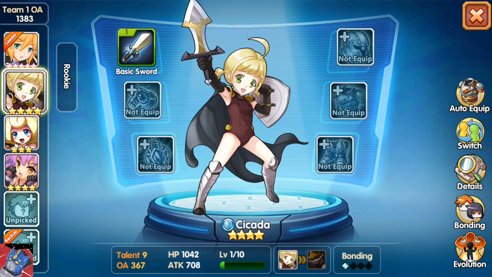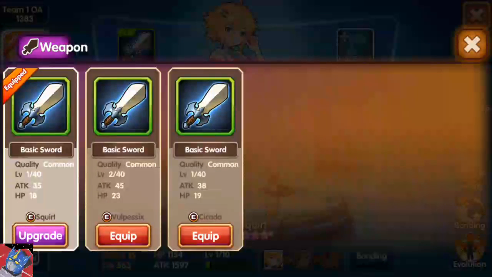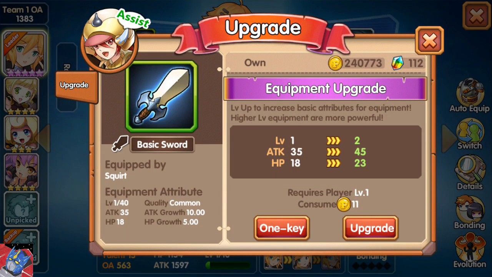So now I will talk some more about upgrading equipment. Right now, I can only upgrade. There are other functions later on that I can unlock to make equipment stronger. But for now, I'm going to go ahead and upgrade, and if you look on the right, it shows me going from level 1 to level 2. The attack power goes from 35 to 45, and the HP goes from 18 to 23 if I level it up. It requires me to be player level 1, and it will take 11 gold. So I'll go ahead and hit upgrade,